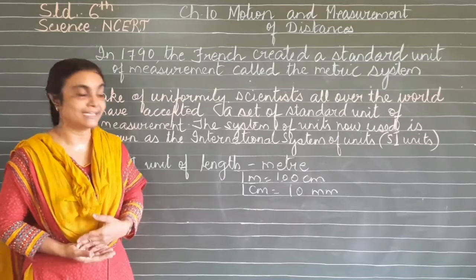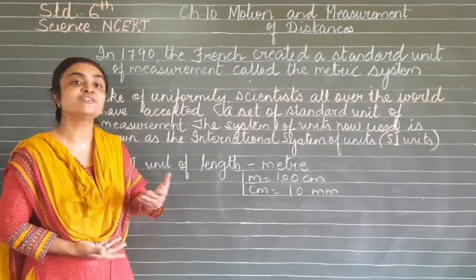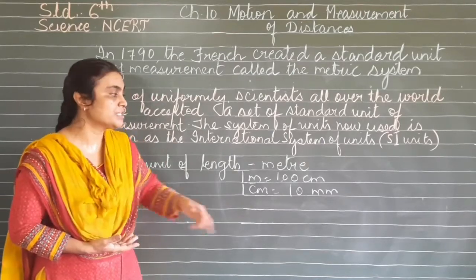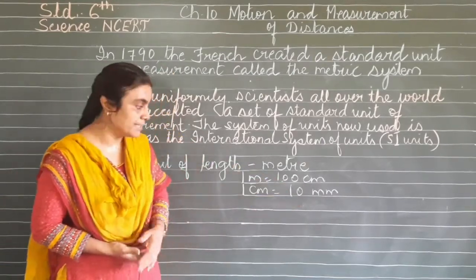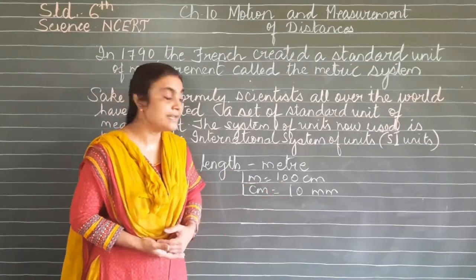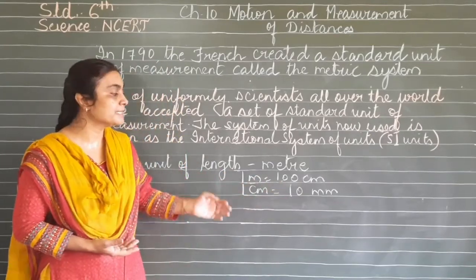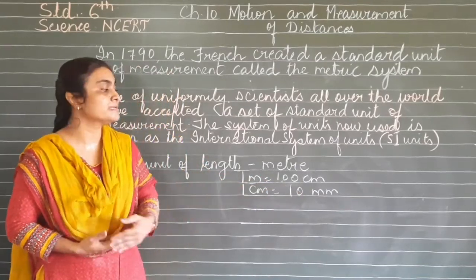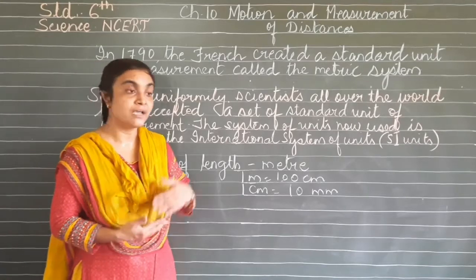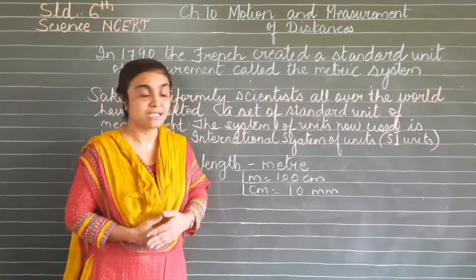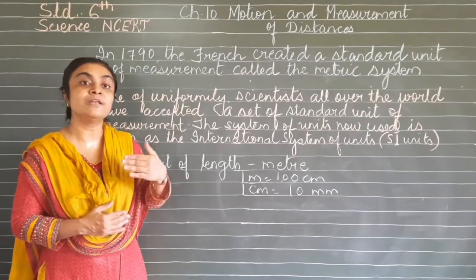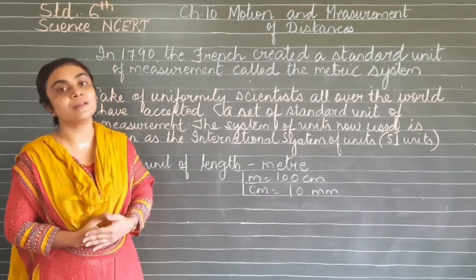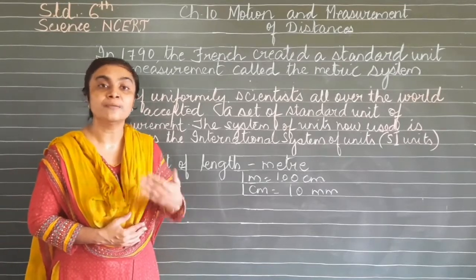So the SI unit of length is meter. We are using a meter scale. Now in that meter scale there are 100 divisions. That division is said as centimeter. So 1 meter is equal to 100 centimeter. Now for 1 centimeter there are 10 divisions. So it is 10 millimeter. So 1 centimeter is equal to 10 millimeter. Now if we want to measure a larger distance, we will not use meter, but we will use a larger unit, that is 1 kilometer. So 1 kilometer will be equal to 1000 meter.